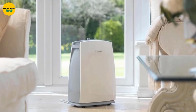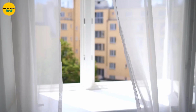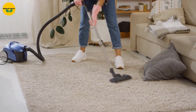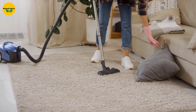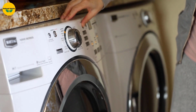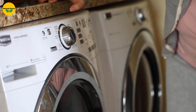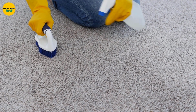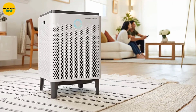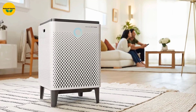The first step to getting rid of dust mites is to reduce the humidity levels in your home by using a dehumidifier or keeping windows open during humid days. You should also vacuum your carpets regularly with a vacuum cleaner equipped with a HEPA filter, which helps trap the dust particles. Additionally, washing sheets and other bedding in hot water above 130 degrees Fahrenheit can help reduce their numbers, as well as using anti-dust mite sprays on your carpeting and pillows. Finally, investing in an air purifier equipped with HEPA filters is also beneficial as it traps allergens like pollen and